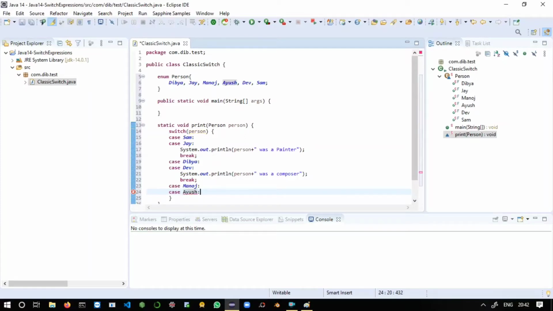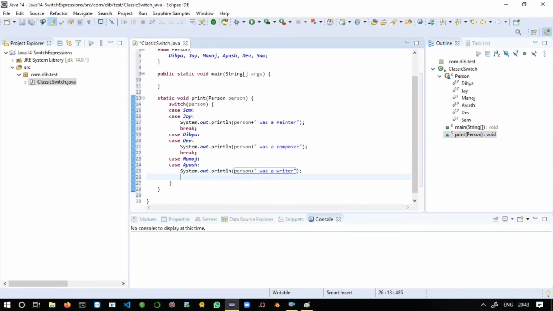Here also you will print person plus "was a writer". Again you have to say break, then after that you have to say default.